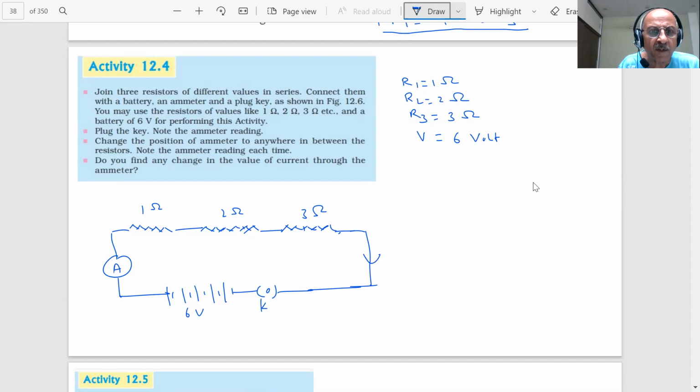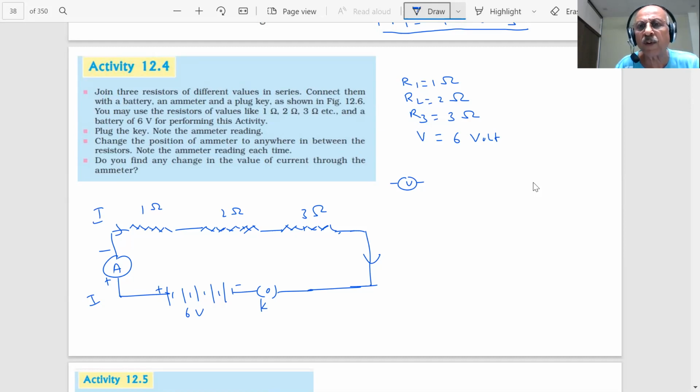This is plus, this is minus, and this is the ammeter. Then, student, I can attach a voltmeter to this. This is my voltmeter. Let us see how we will attach the voltmeter in this case. First, what we are doing, student? You have this ammeter. This current I is flowing. So first you will note with the 6 volt battery what is the value of the current.